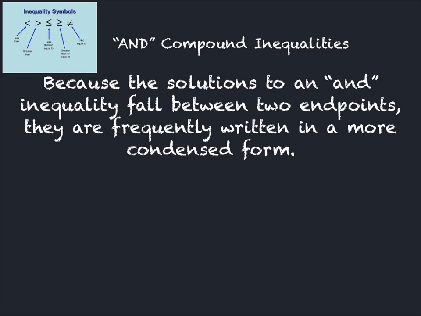We'll talk more about this in class, I'm just going to go through it quickly. Because the solutions to an "and" inequality fall between two endpoints, they are frequently written in a more condensed form. So x is greater than or equal to negative 6, and x is less than or equal to 1 can be written in a different way. We could write it like this: negative 6